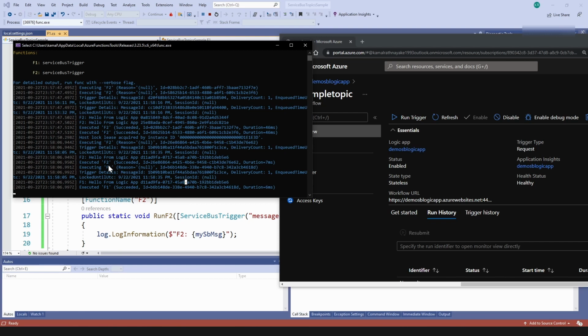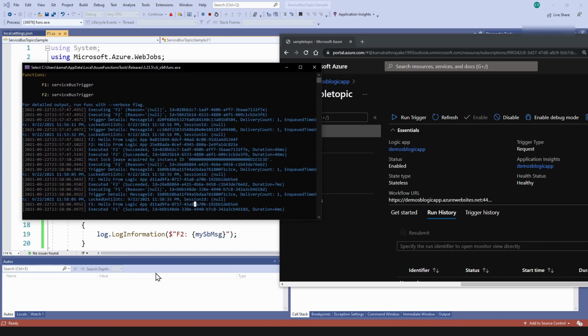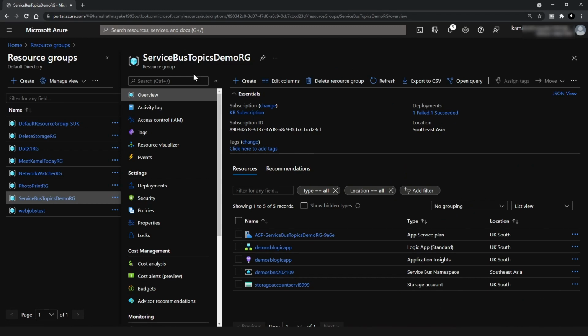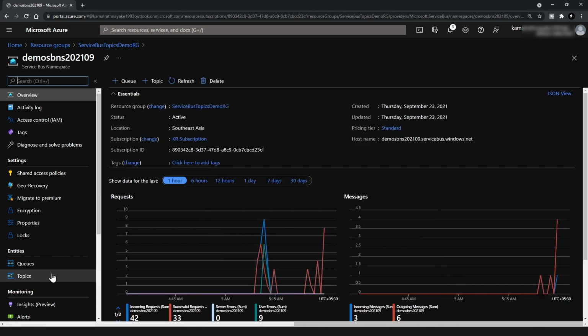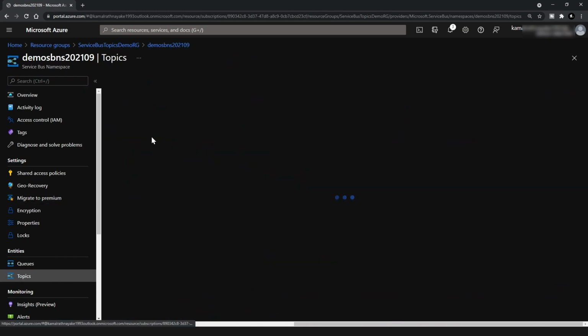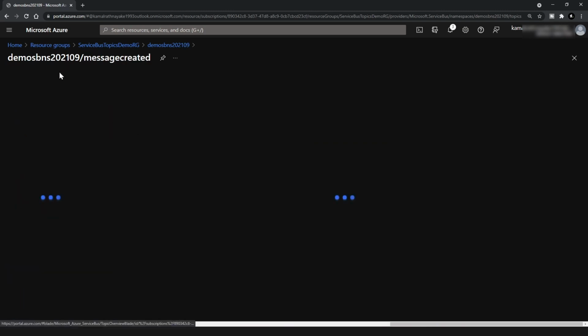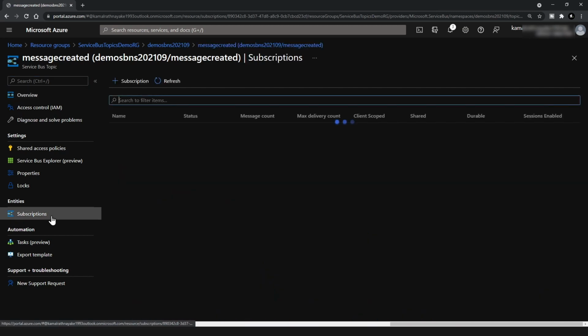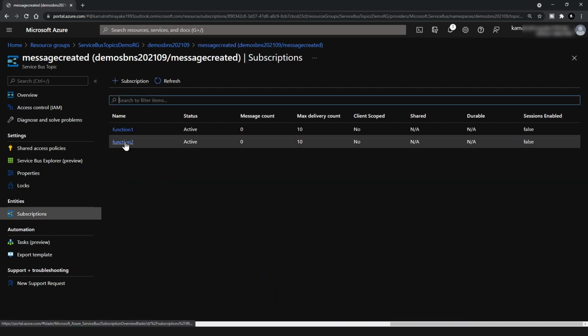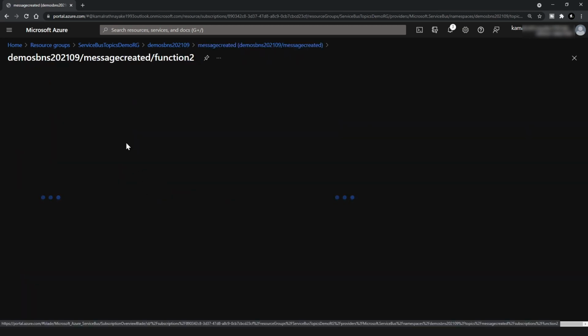Now that we know how to create 2 subscriptions for one topic, and we actually did it, now let's look into filters on Service Bus Topics. And now I'm in my resource group, and I'm going to click on my Service Bus namespace I've just created. I'm going into topics and the message created topic. And then if I go into the subscriptions section and click on the second subscription,